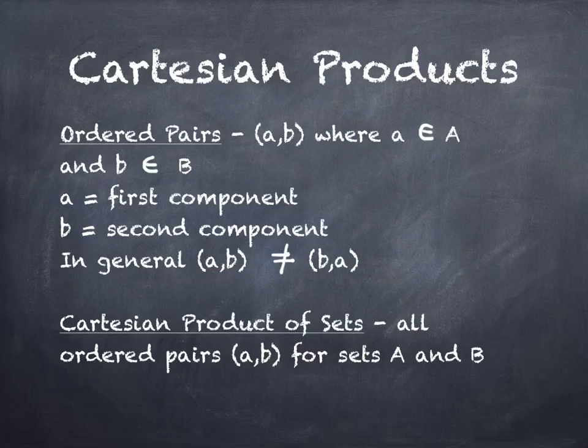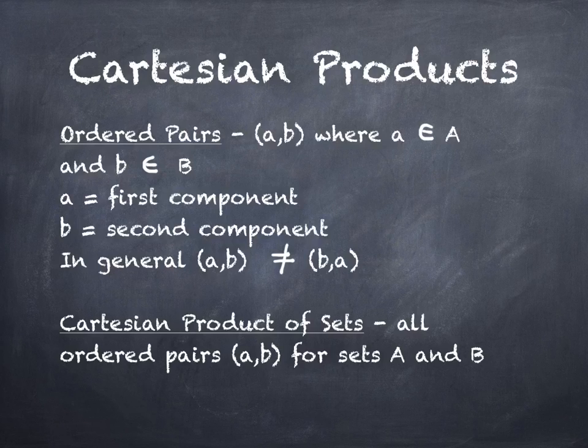All right, Cartesian product is the other component of this section. A Cartesian product has to do with ordered pairs. Where have you seen ordered pairs before? Graphing, right? Like algebra stuff, pre-algebra stuff. You remember seeing x comma y, and it talked about a location on a Cartesian plane, hence the word Cartesian